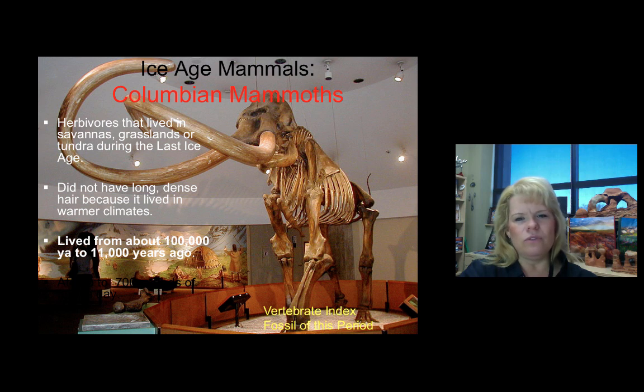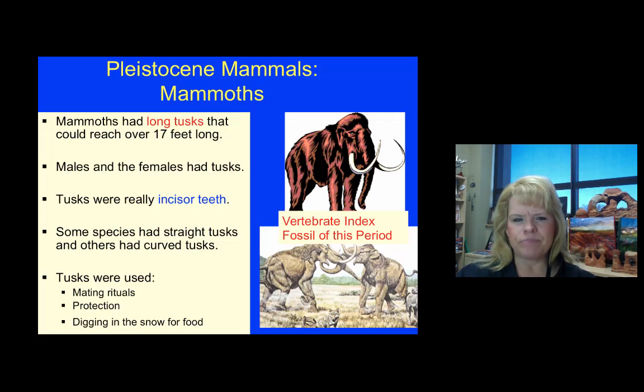Columbian mammoths, no dense fur, distinctively much larger than the woolly mammoth. These guys lived from 100,000 years ago to the conclusion of the last ice age, so they're kind of an evolutionary benefit. They radiated off of the other elephants and found a way to get bigger and better eating machines. If you want to control your yard, if you had lots of grass, this would be the animal to get. So this is a classic look of a Columbian mammoth, and they are just enormous.